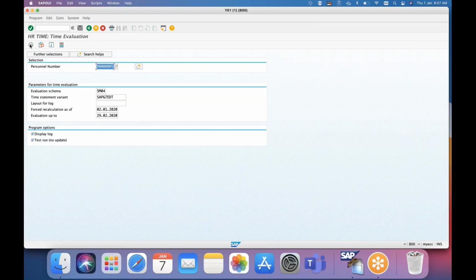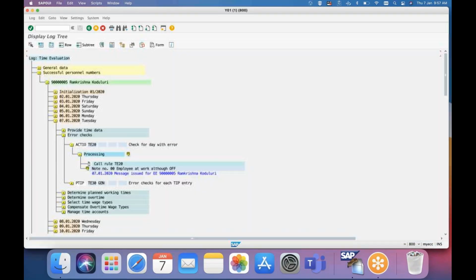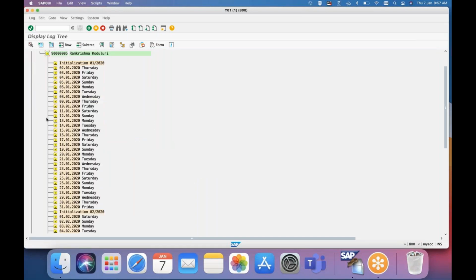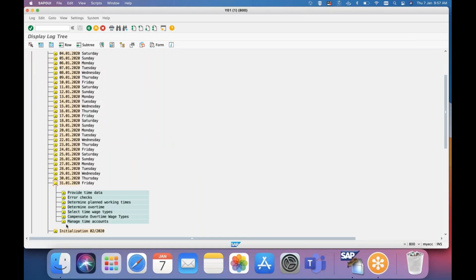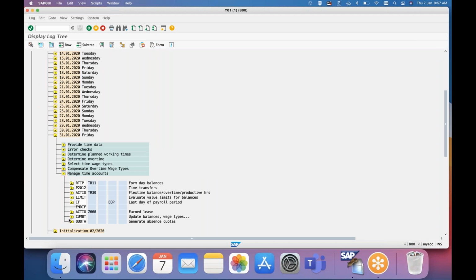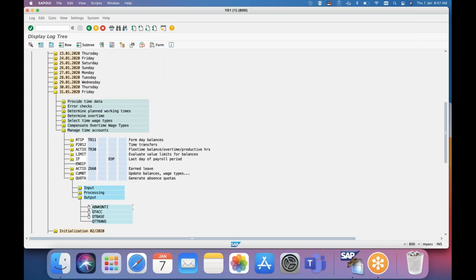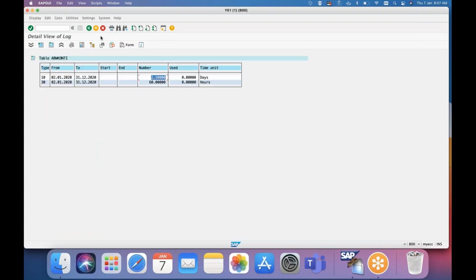So let us see again, executing. Okay, so here at the end of the month, based on our PCR, it will generate 2.5, right? Because the time type is there.